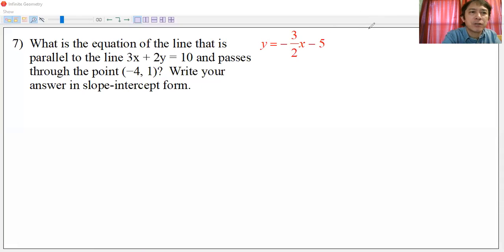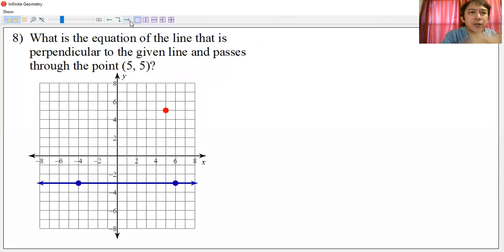Let me just remove the answer. And then next, here is number 8. I believe we discussed something like this a while ago in the Desmos screen. What is the equation of the line that is perpendicular to the given line and passes through the point (5, 5)? I believe (5, 5) is the red point. That's the (5, 5), you can see it. So we're looking for the equation of